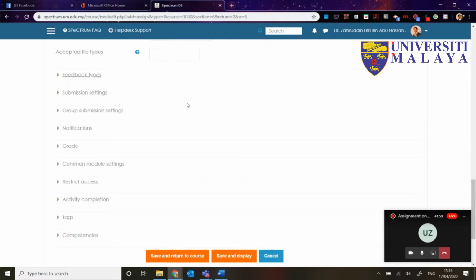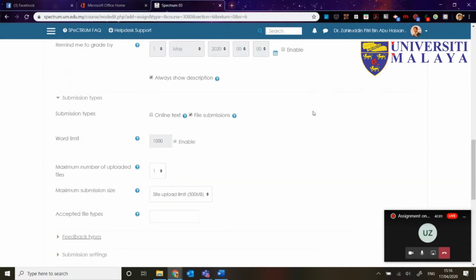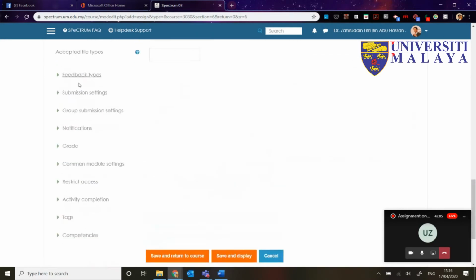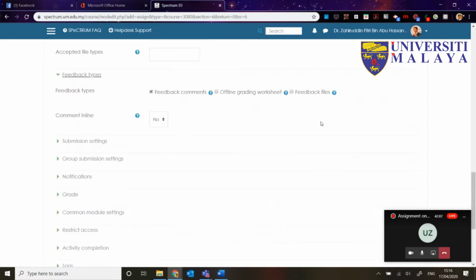Okay, so let's go into the settings one by one. Feedback types. Feedback types is either feedback comment or feedback file, or an offline grading sheet. So what are the differences between these? Feedback comment is actually a feedback comment for the submission. Okay, so offline grading sheet is something that you may want to download and do